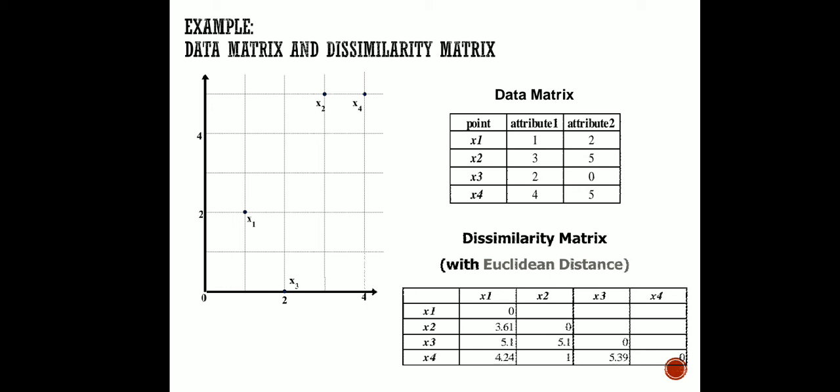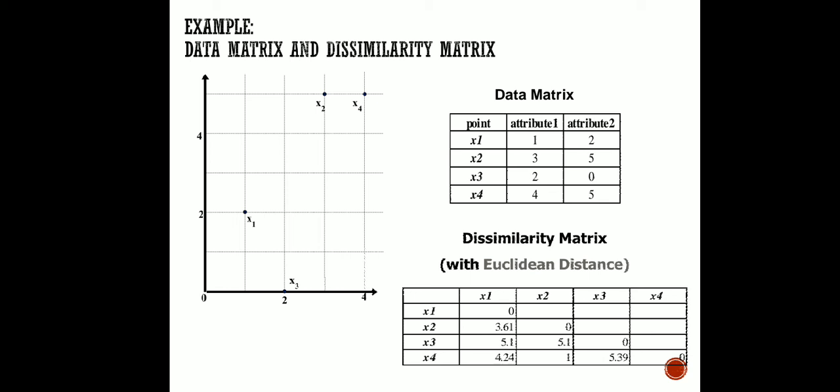In the later slide we are going to learn how to calculate Euclidean distance, what is the formula to calculate the distance between two data points. So here again the distance between x1 and x2 will be 0. Now x2 to x1 will be calculated using Euclidean distance. Similarly the total matrix will be constructed, but to know how to construct we have to learn what Euclidean distance is.